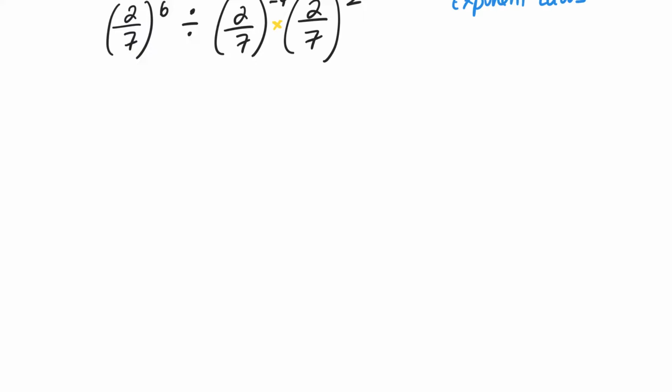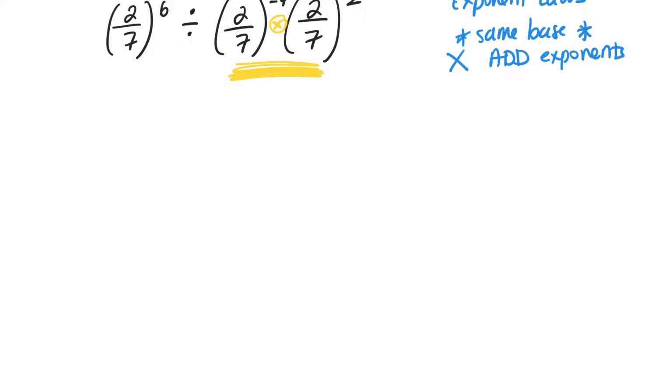When we are multiplying powers with the same base, we want to add the exponents, okay? So when we're multiplying powers with the same base, we add the exponents. So here we're multiplying these powers with the same base. I want to simplify this first. And when we're dividing powers with the same base, we subtract the exponents. So I'm going to simplify